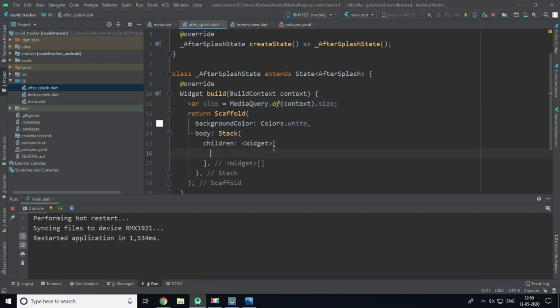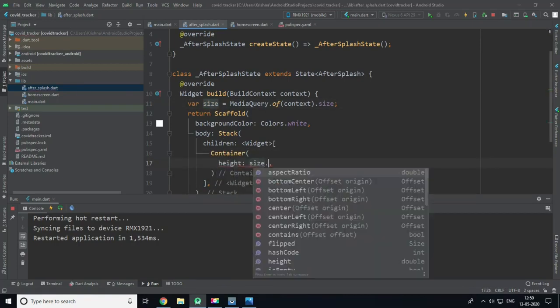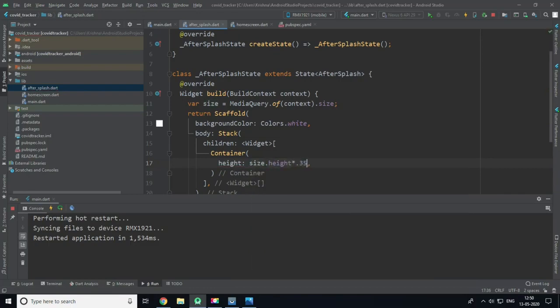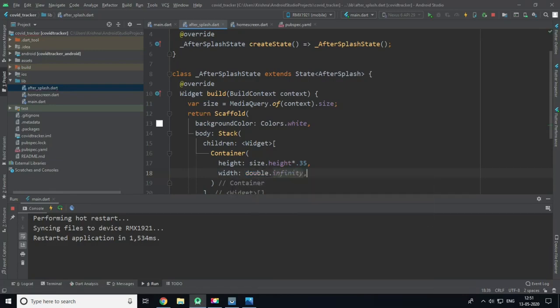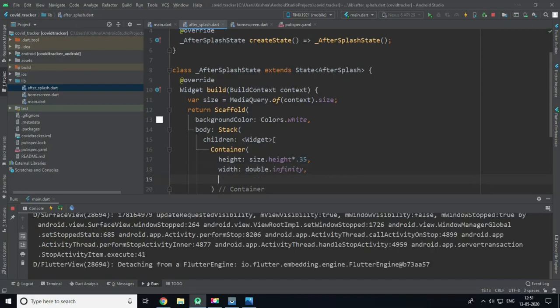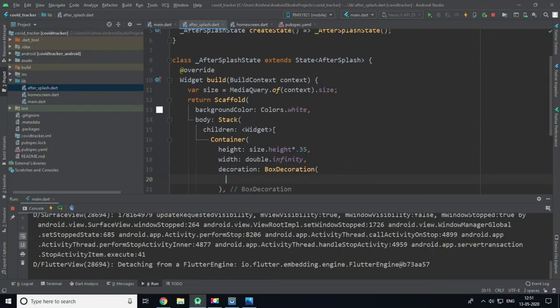And now I will use this variable to create a container of height size.height times 0.35 and a width of double.infinity, the maximum width it can obtain. Now after that we need to use decoration as BoxDecoration because I need to give a background image.